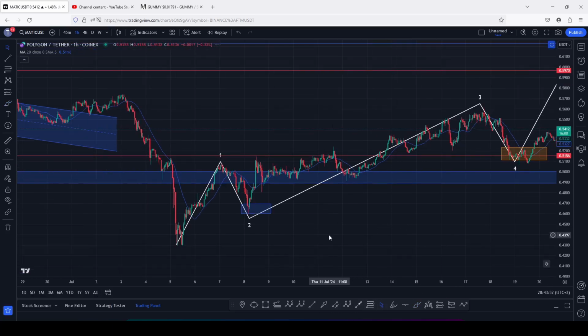on the 5th of July after we saw the massive breakdown move, giving us a low below the 0.4304, and afterwards we saw a very nice bounce to the upside where we first peaked in that Elliott wave count 1, then we saw a bit of a corrective structure in an Elliott wave count 2, and after we bottomed out in that Elliott wave count 2, we saw a very aggressive bounce to the upside in this Elliott wave count 3 in a move that gave us a high above the